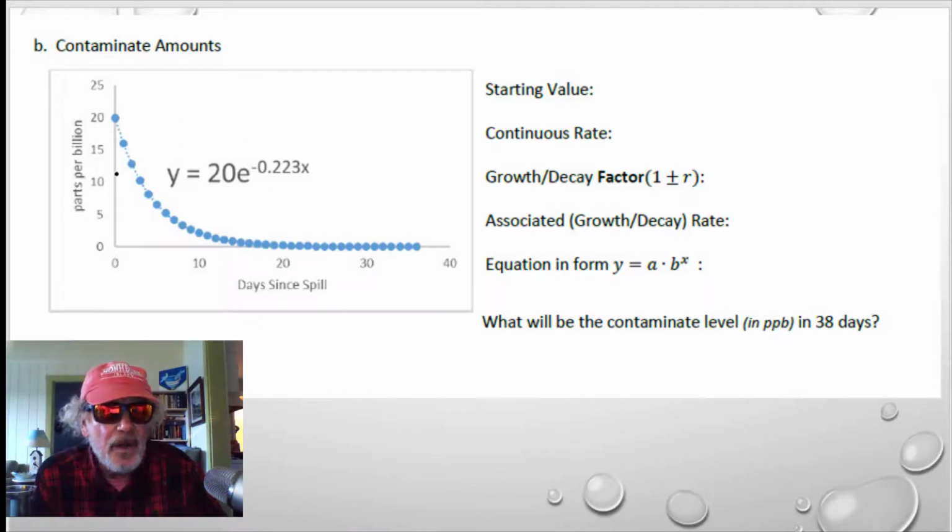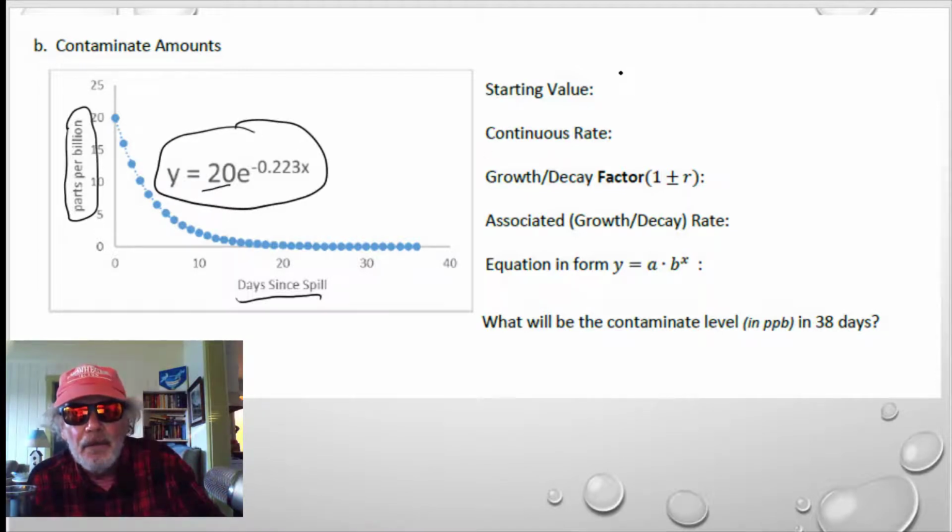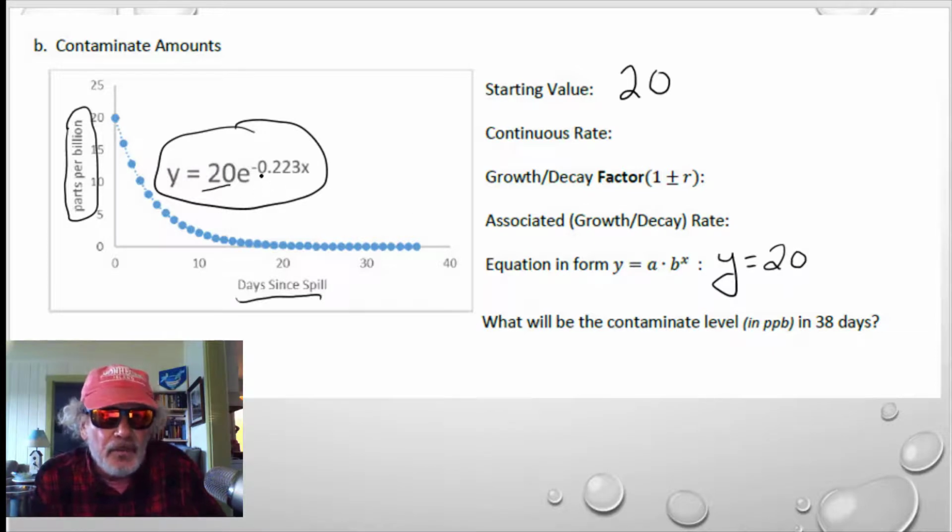We just want to look at what we have here. We have a chemical spill, and this is the days since the spill. And this is the number of contaminants in parts per billion. So there's 20 parts per billion in this spill. That's the initial value, right? 20 parts per billion. So we can already put that in the equation we want to develop, which is the common form. The continuous rate is negative 22.3%,